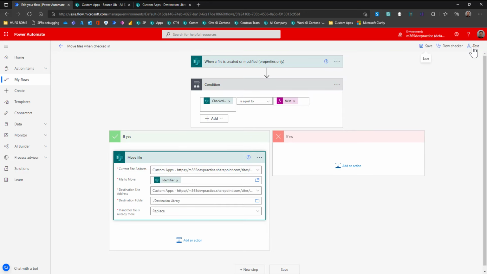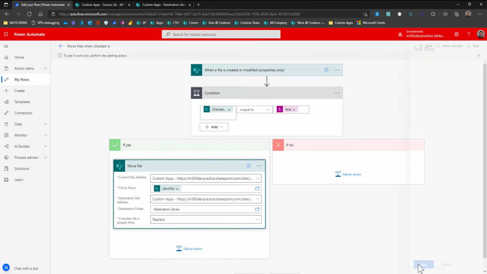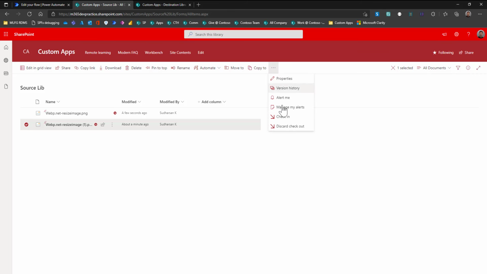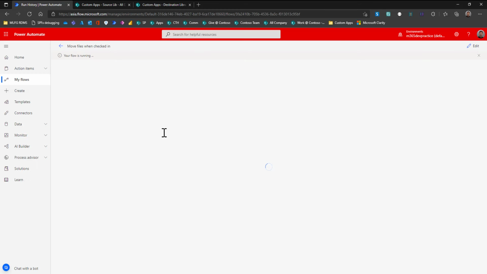Now let us see what happens if the file is checked in. So let me check in this file. So now the file is checked in and the flow started running. The flow ran successfully.